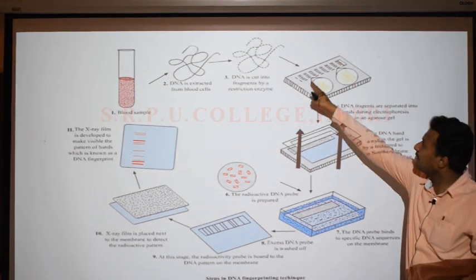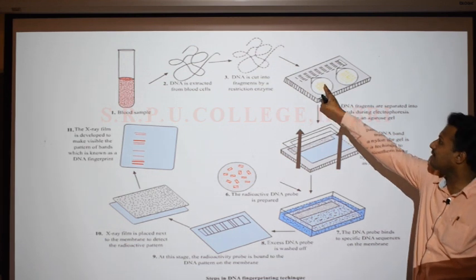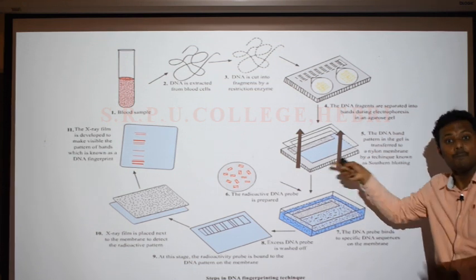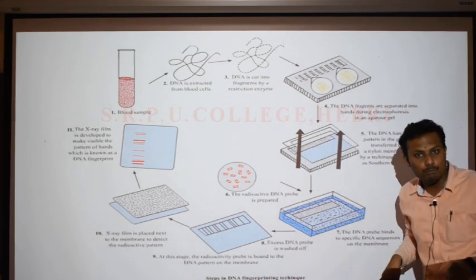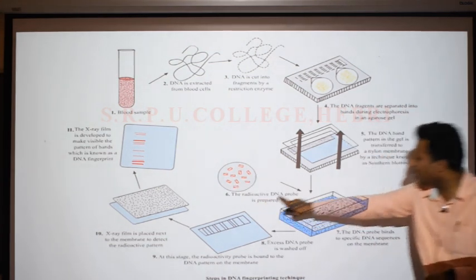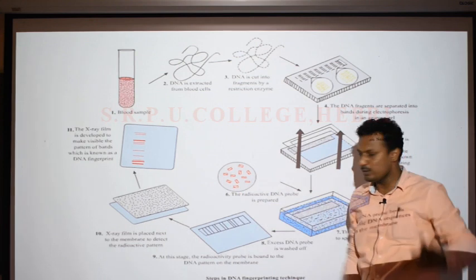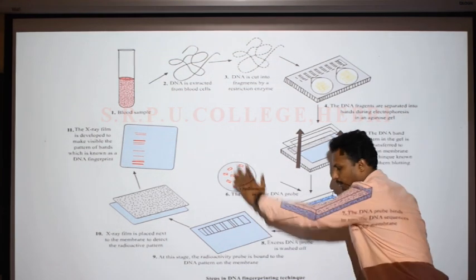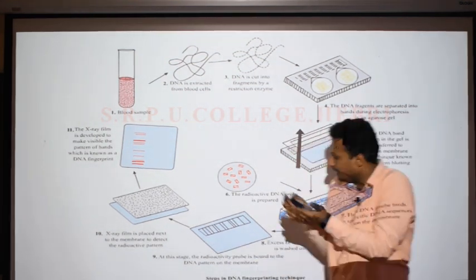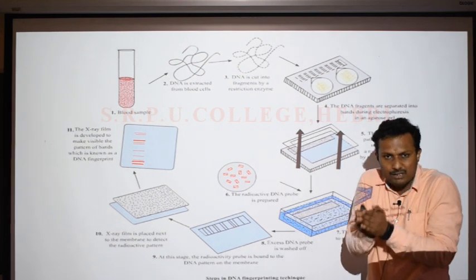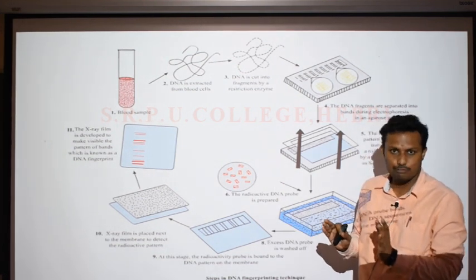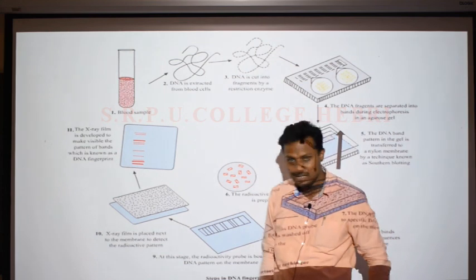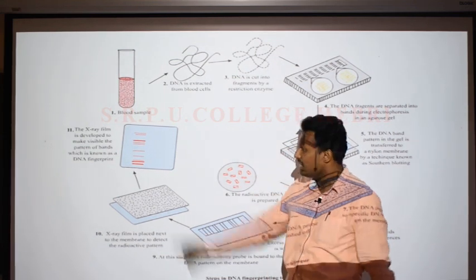Okay, so the pattern of the bands of the DNA that came here will be taken on the nitrocellulose paper, and that will be utilized for hybridization with the VNTR probe. We take the VNTR probe. See, this is the radioactive DNA probe which is synthetically produced in the laboratory, and that is utilized here for the hybridization purpose. The extra probe we remove, and when we provide the probe, there will be pairing with the complementary sequences, and that forms a pattern here. You are seeing a pattern here. See, this pattern is what is actually called DNA fingerprint.